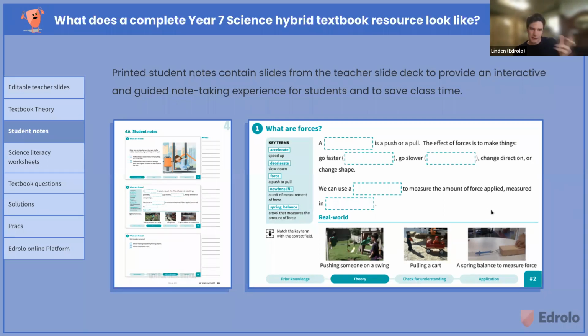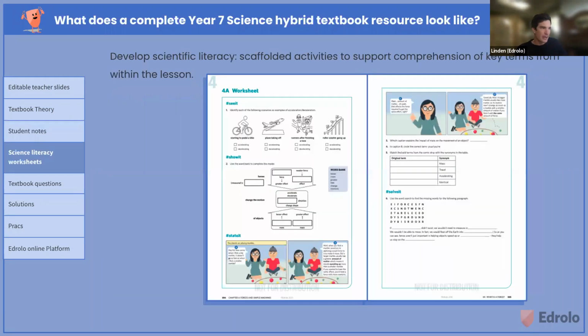After the slides, which align with those teacher slides, we have the worksheet. This is a literacy worksheet, we call it. Its focus is really on the scientific terminology they've just learnt in the content. So we know, especially for Year 7 science students, that coming into the science classroom can often feel like they're learning a new language. They come across so many new words that have different scientific meanings than they do colloquially. And so getting a grasp of those key terms is really essential for them to communicate their understanding of the